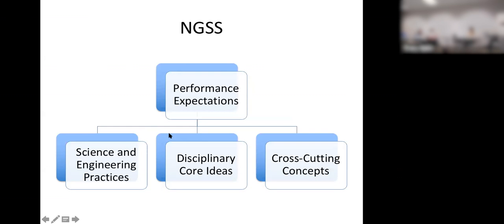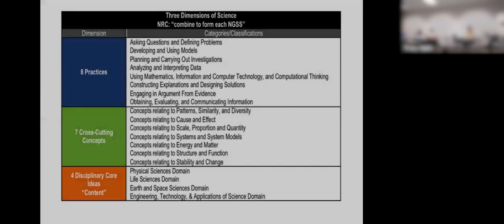I want to pause for just a minute, and I want us to think about, we talk about the power of integrating listening, speaking, reading, and writing for our kids, right? What is the power of the cross-cutting concepts? We look at them being patterns, cause and effect, scale, proportions, systems, energy and matter, structure and function, stability and change. We look at the fact that those cut across, and the NGSS document talks about the interrelationship with the Common Core State Standards or your Nevada standards, right? What's the power in that for our kids?